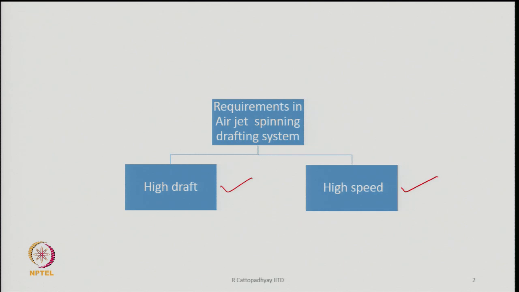The machine produces at a very high speed, and therefore, the drafting system must have a capability to run at a very high speed in comparison to ring spinning. So, we have to have a drafting system which is capable to provide high draft as well as high speed. Both are important requirements of the drafting system that is used on air jet spinning machines, also on vortex spinning machines,